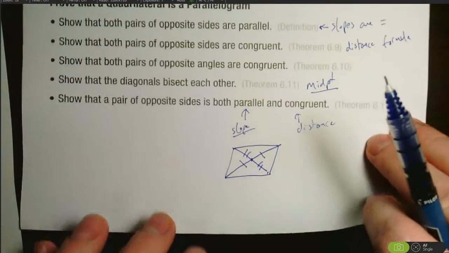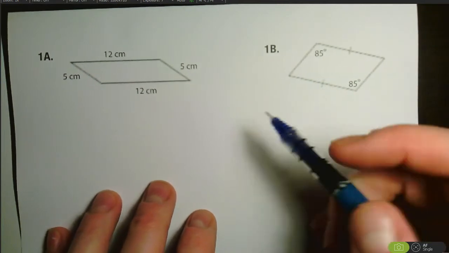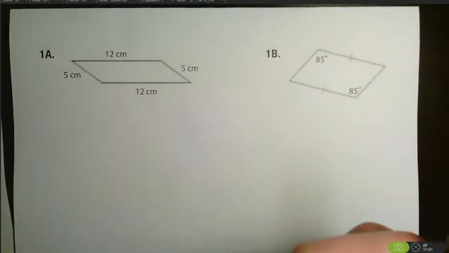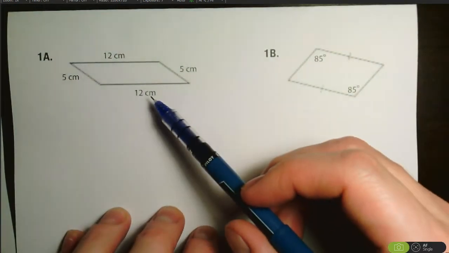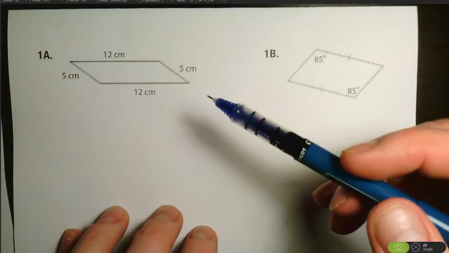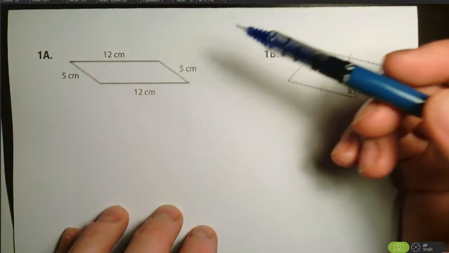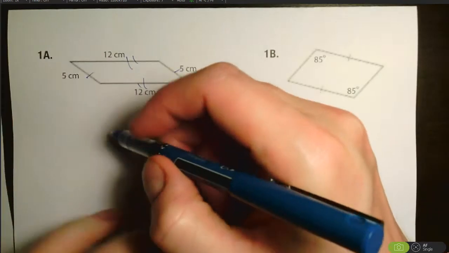Okay, so here's the first kind of example out of the book that some people struggle with. In this example, this is 1A and 1B. It's from the notes and the practice part from the book. They want us to show that these are parallelograms. So for 1A, we have to go through and do one of our 5 methods. And hopefully you can look at this one and say, oh, well, the sides are both 5 and 5 and 12 and 12. So yes,